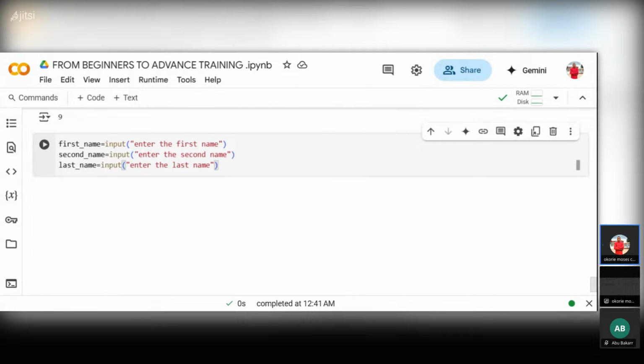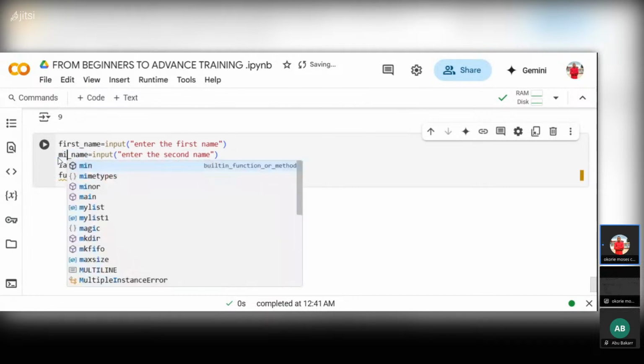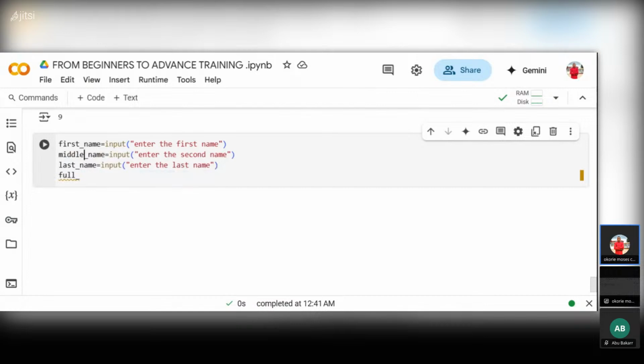Now let's compile the full name together. The full name comprises the first name, the second, and last name. Instead of using the second name, I will use the middle name, that is the second name. And so the full name,